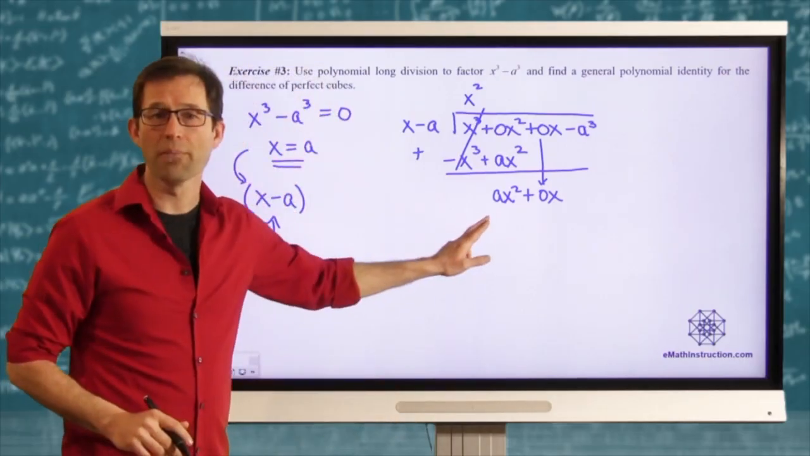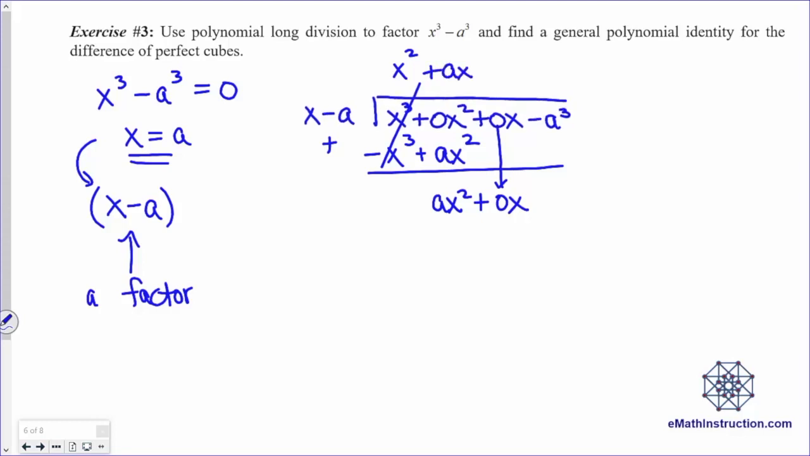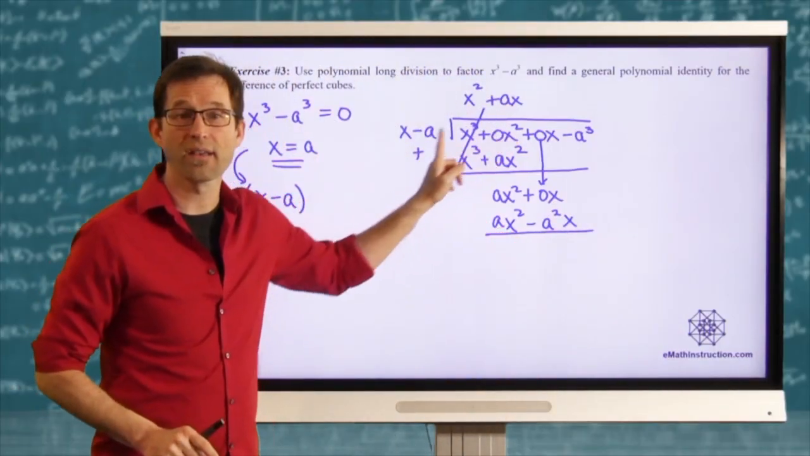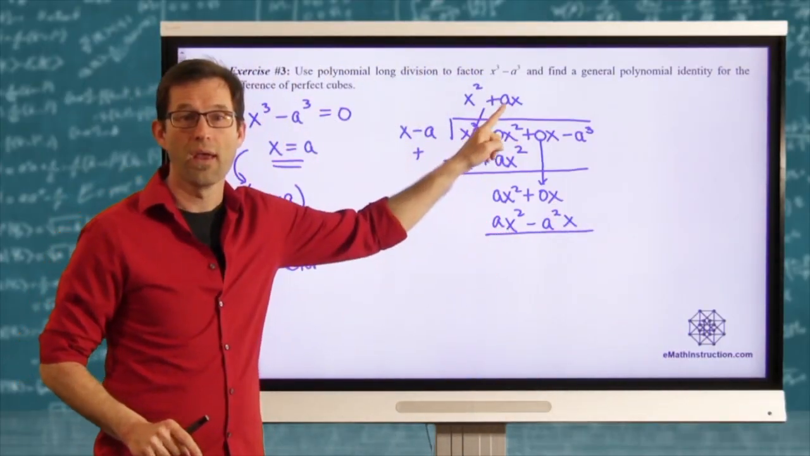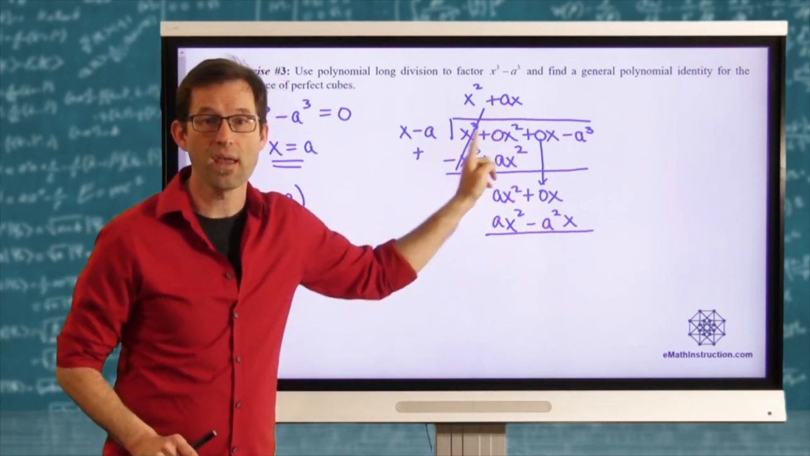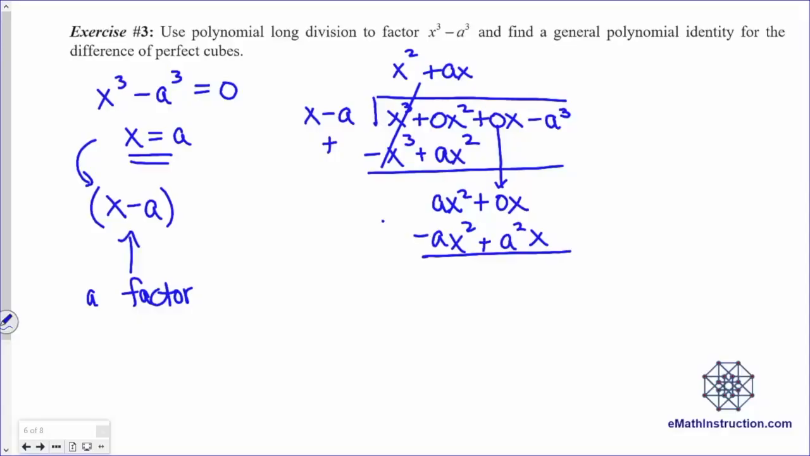Again, I just want to match up. I want to subtract off the ax squared. So we're going to have plus ax. All right, ax times x is ax squared. Ax times negative a is negative a squared x. All right, again, that can be a little tricky. Think about it, a times a, and then the x comes along for the ride. Just like before, let's change the signs and add. Those cancel. We get a squared x